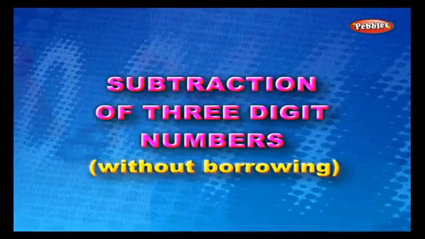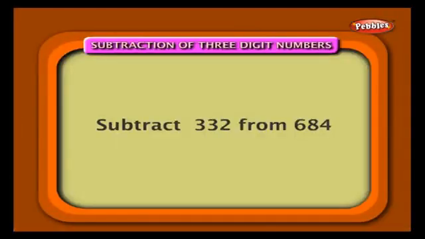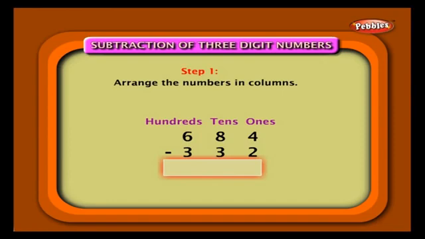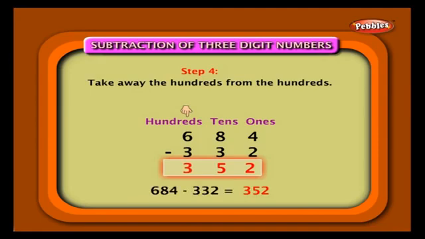Subtraction of 3-digit numbers without borrowing. Example: subtract 332 from 684. Arrange the numbers in columns. Take away the ones from the ones. 4 minus 2 is equal to 2. Write 2 below the ones column. Take away the tens from the tens. 8 minus 3 is equal to 5. Write 5 below the tens column. Take away the hundreds from the hundreds. 6 minus 3 is equal to 3. Thus, 684 minus 332 is equal to